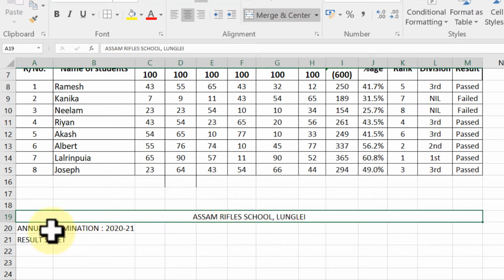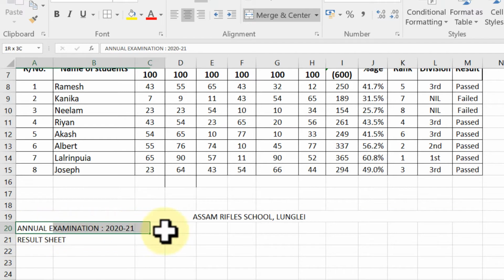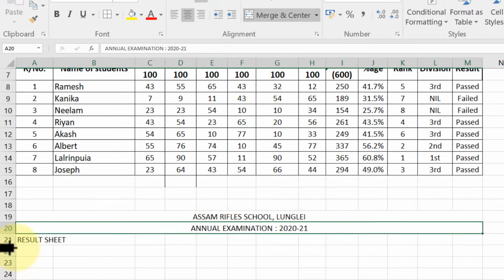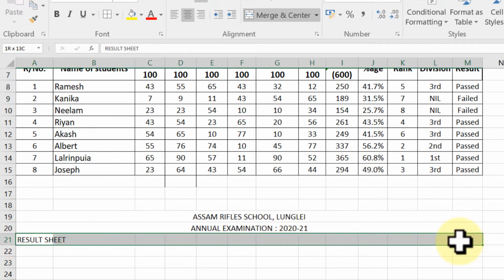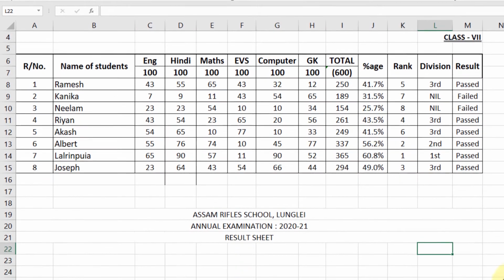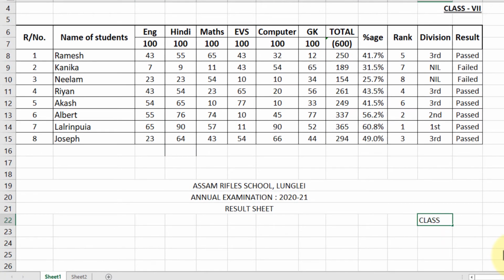In the same way, we will repeat here and here. Now type Class 7 here. Merge two rows and press the Align Right button.